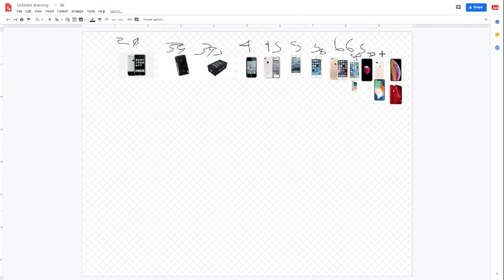I forgot the 5C. Whatever, just a 5. Then the X and XS. Oh wait. Damn it. Sorry about this. Okay, then it's 8 and X. That looks like a D. 7. You guys figure that out. XS, XS Max, and then XR. Okay. Here are all the iPhones, and